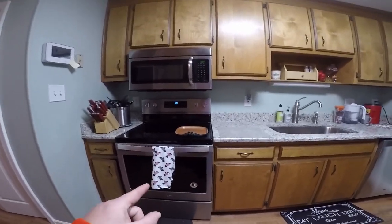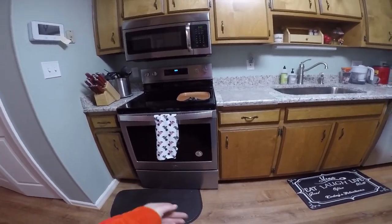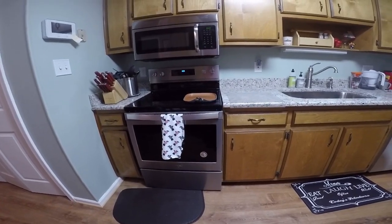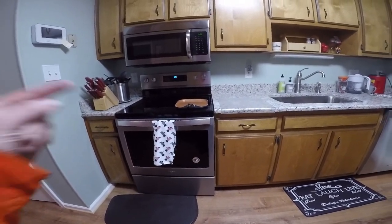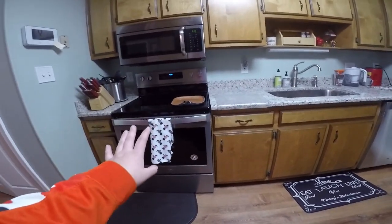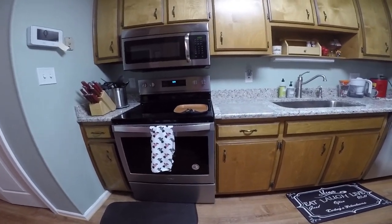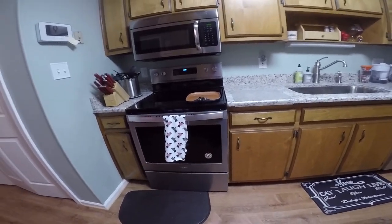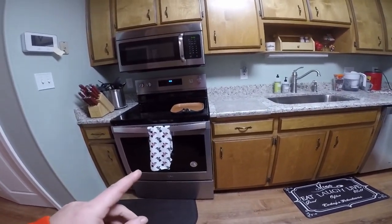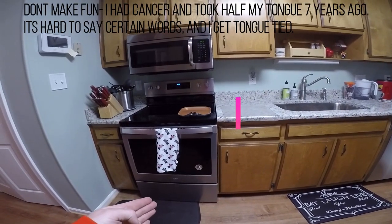The original stove that was wired in just had a box laying on the floor and just straight wired in. So I had to install the 220 outlet into the wall, and then the person that had this house before had obviously done some repair to it, and it looked like fondant just holding a piece of plasterboard up there. I haven't fixed it 100% yet, but I'll get to it. Anyway, brand new Whirlpool